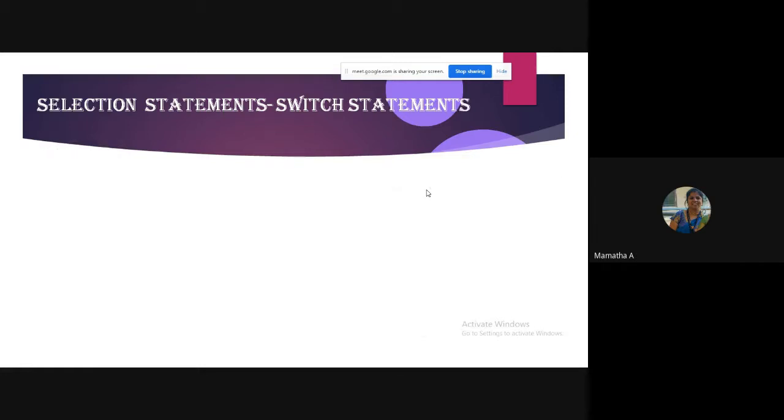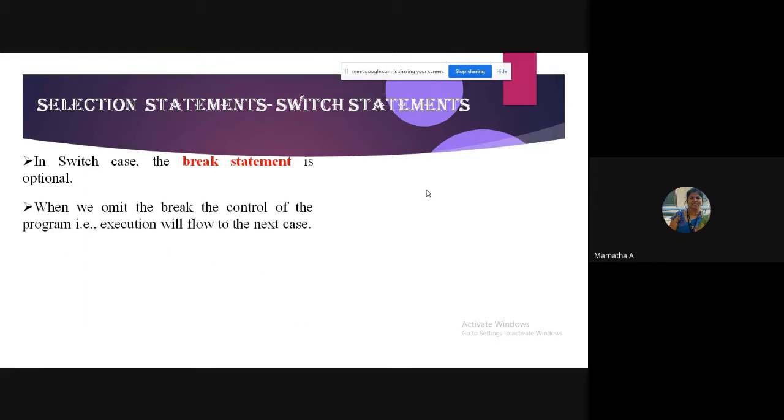Now, we saw that there was a break statement involved in the switch case. The break statement that we gave is optional. Optional in the sense that you may or may not give it. So if I don't give a break statement after the code of a particular case, what happens?